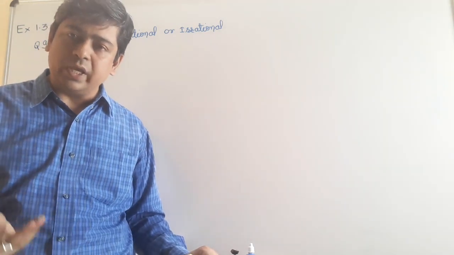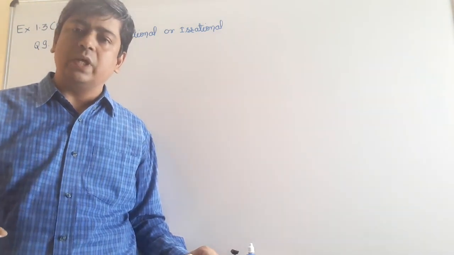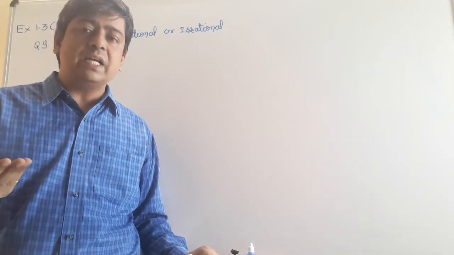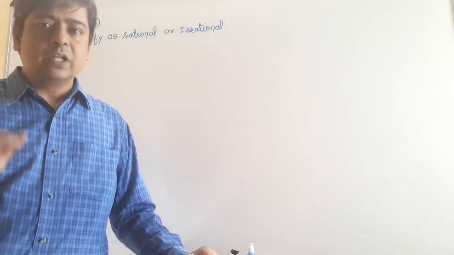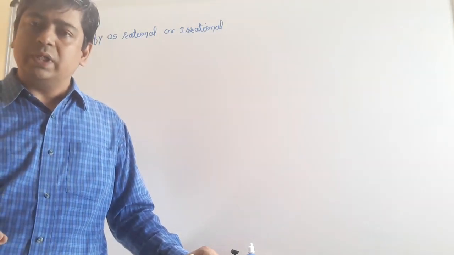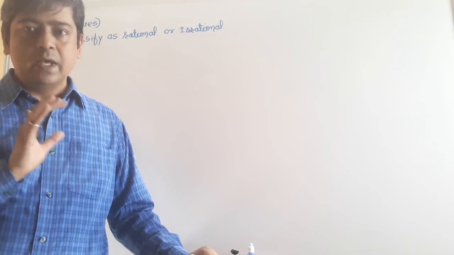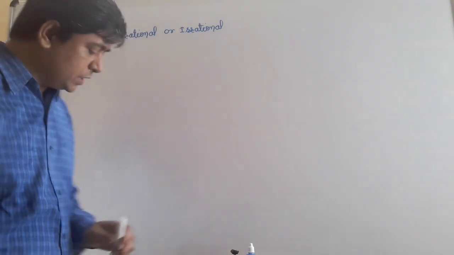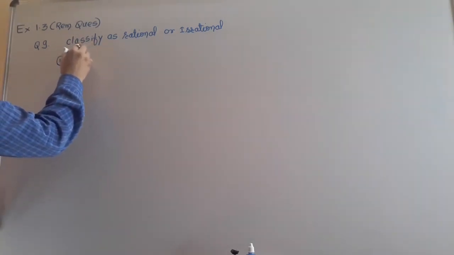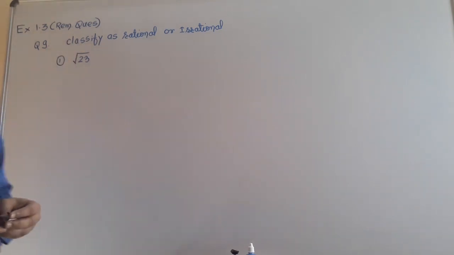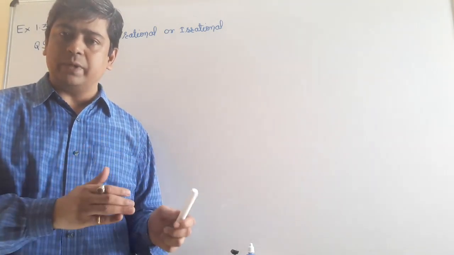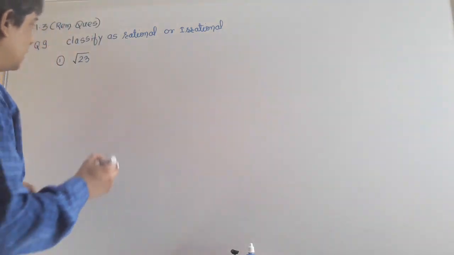Similarly, root 3 is also a prime number, so the square root of 3 will be equal to 1.732 up to 3 places of decimal. But after that, if you continue, it will go on infinitely. So in the same way, if you take any prime number, its square root will always be a non-terminating, non-repeating decimal. Okay, so let us start the first question. First question is given here as square root of 23. In this question you will say, since the square root of a prime number is always non-terminating, non-repeating, therefore it is irrational. Okay, I am writing the answer here.